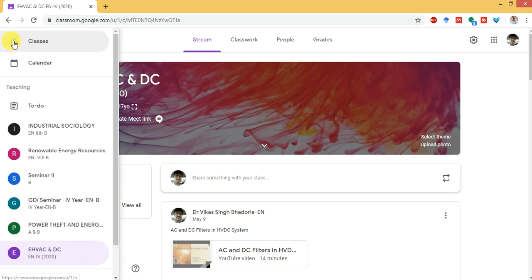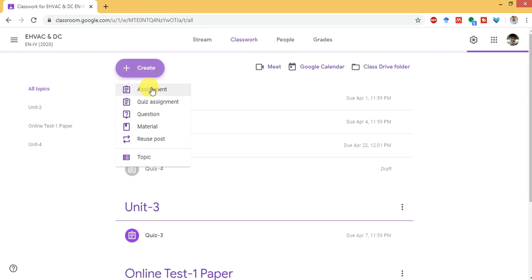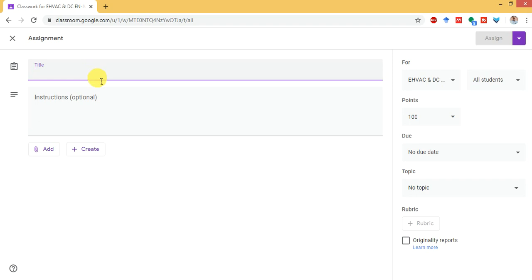So I will go to classwork, create, and create an assignment. Now I am conducting a pre-university test. So here I will write the PUE, then the instructions which I need to give.